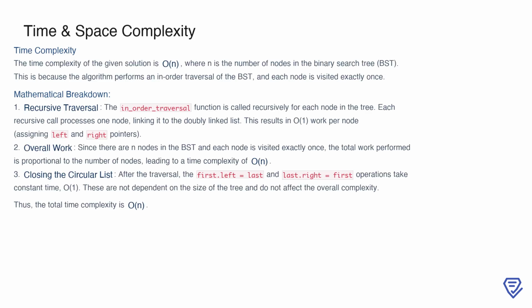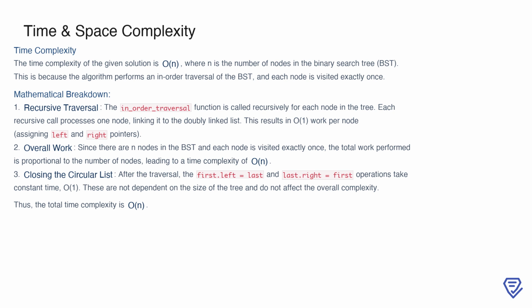The time complexity of this solution is O(n), where n represents the number of nodes in the binary search tree. This comes from the fact that the algorithm performs an in-order traversal, visiting each node exactly once. Let's break this down mathematically. The recursive function in_order_traversal is called for each node, and at every step, we're performing constant work, such as linking the left and right pointers. Because there are n nodes in the tree, and each node is visited and processed once, the total work adds